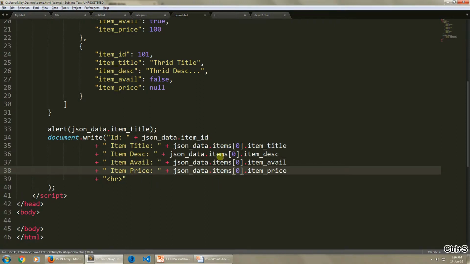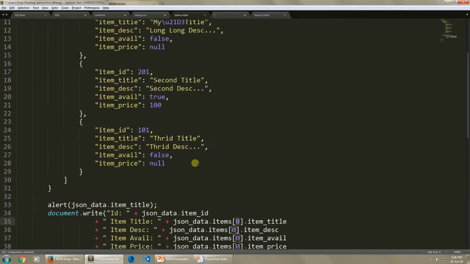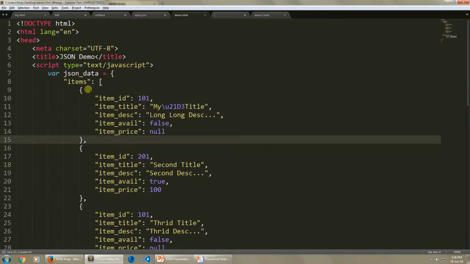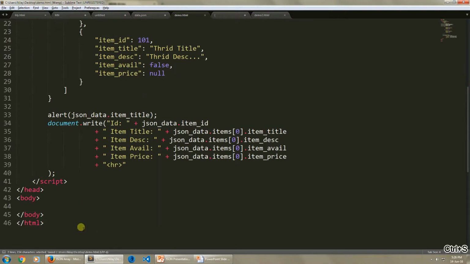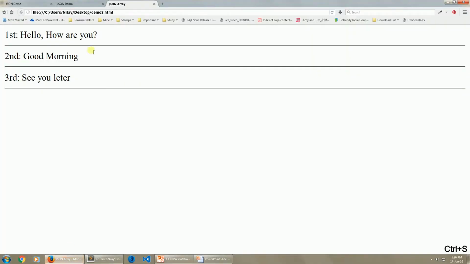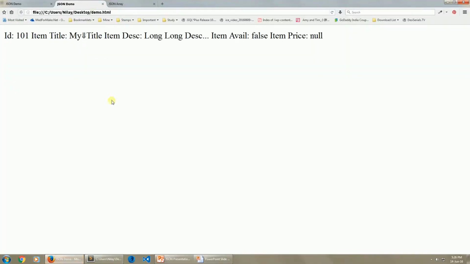By using this statement we can get all the details of the item placed at the 0 index, that is this item. And now we reload our previous example